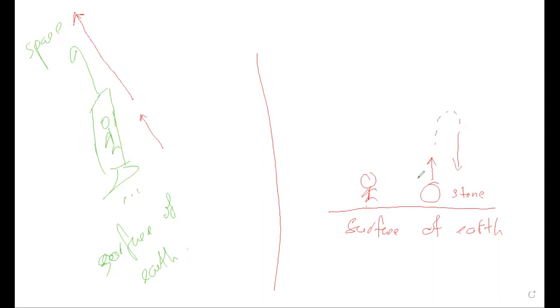So what is the speed we need to throw so that this stone will not fall back to the Earth? The stone must be thrown with the escape velocity. If I throw the stone with the escape velocity from the surface of the Earth,